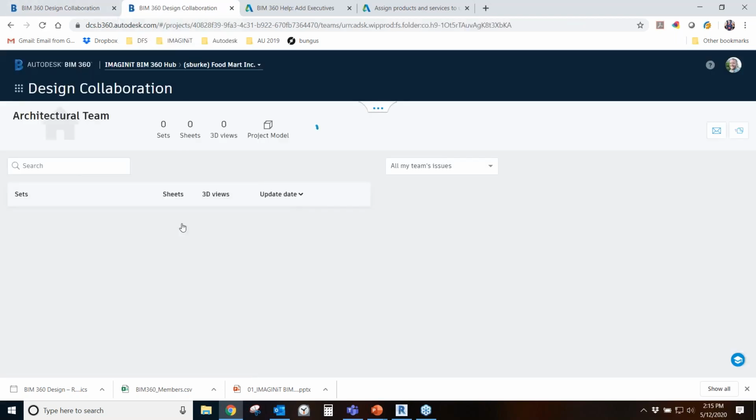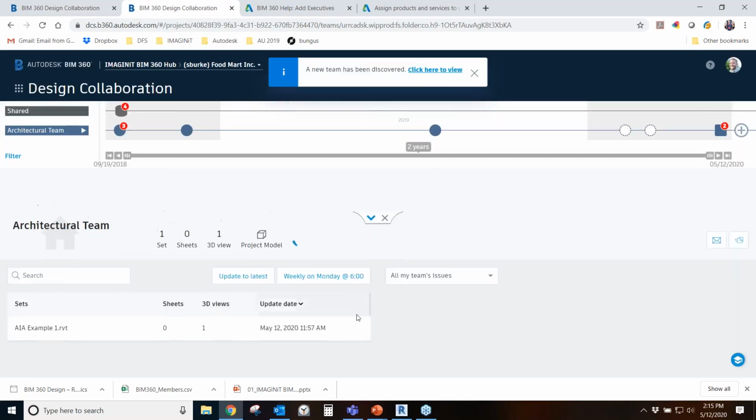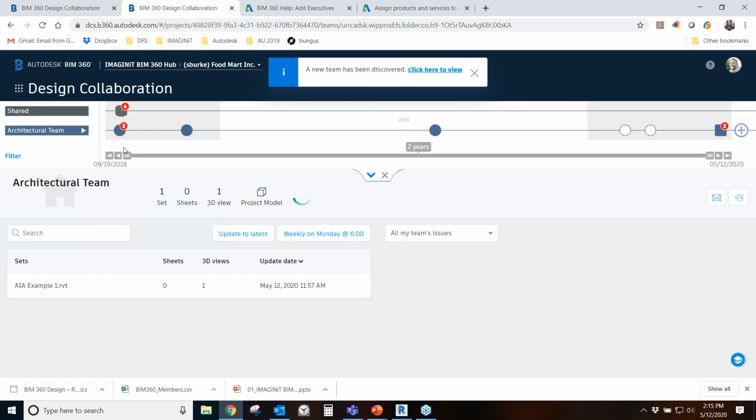let's do this quick. Through the design collaboration module, it shows this timeline based on when the project started and when things were published and consumed. So as this loads, you'll see that it basically gives you a whole overview of how models were shared out, how they were published. And I don't know why that is still freezing up there. But with that, I know that you probably have some different questions, so I want to make sure that we've got some time here. So I'll let that work, but